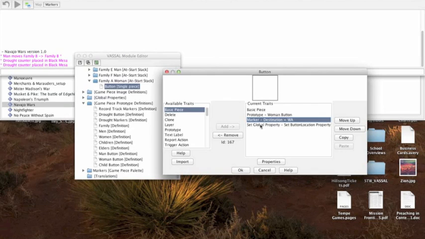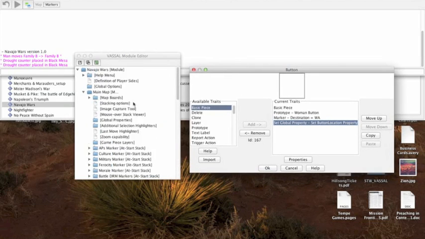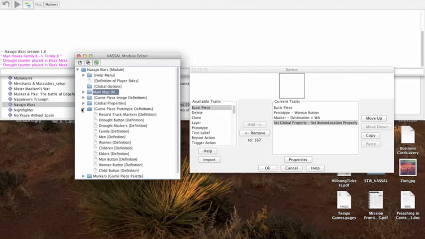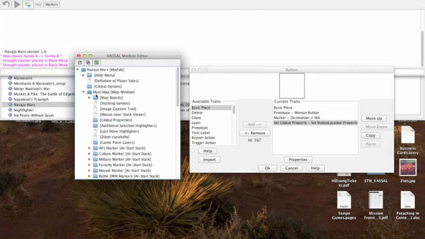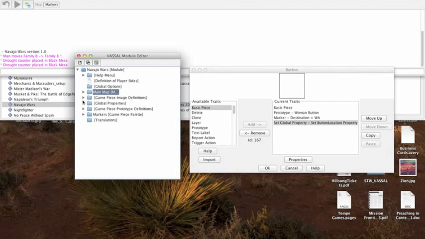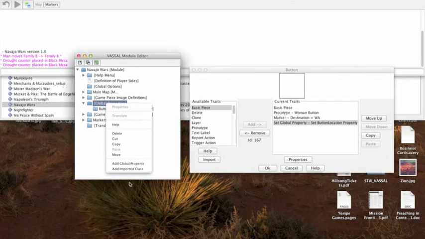Now, before I explain what this final thing is in the button, I need to show you something else you can do in a module, and that is you can create something known as global properties. Now, you're going to find global property folders within main map windows. See, there's global properties here. But it's going to work best if you use the global properties folder that is at the very root of your module. Within that, you right-click and you choose to add a global property, like I've done,